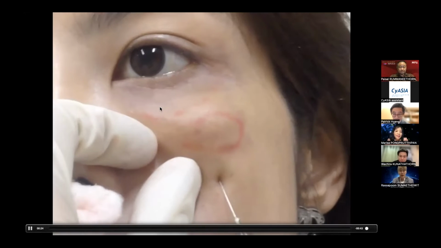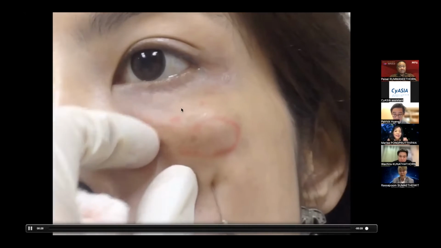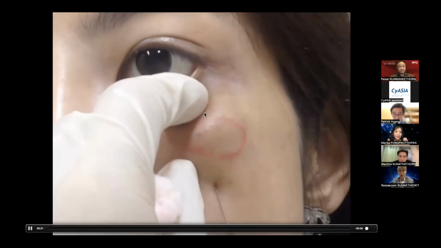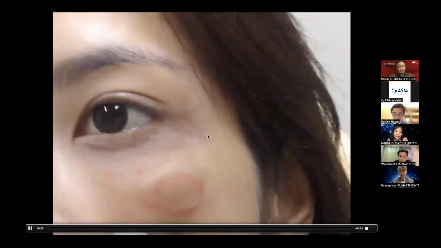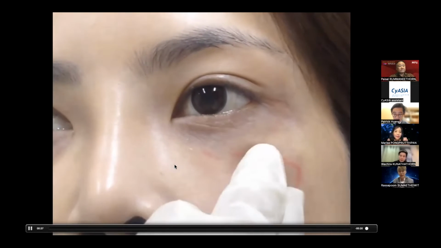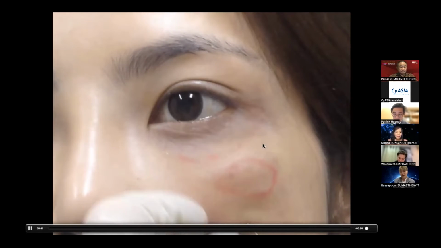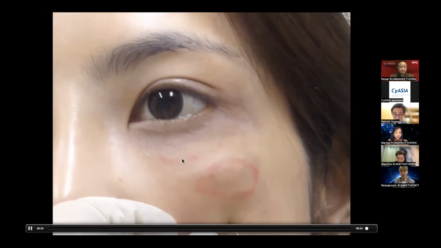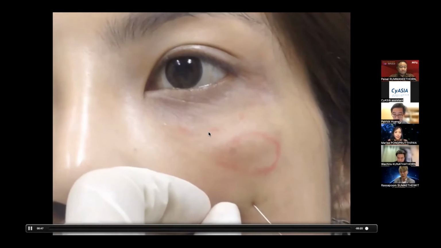Otherwise, you will create more eye bag. So you must be careful about this, and as I told you, you have to feel where the tip is to make sure that you are in the right place. You inject a bunch of micro-liquid around the orbit to create the structure around the orbit, so increase the tightening of